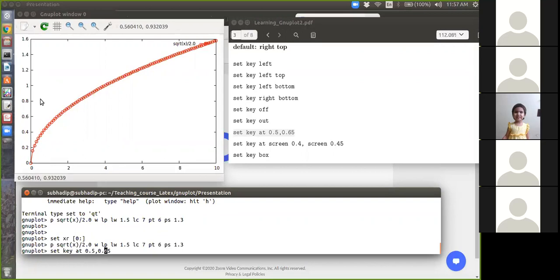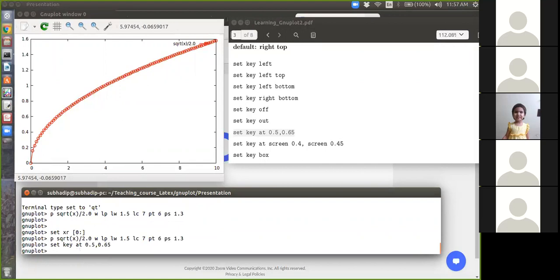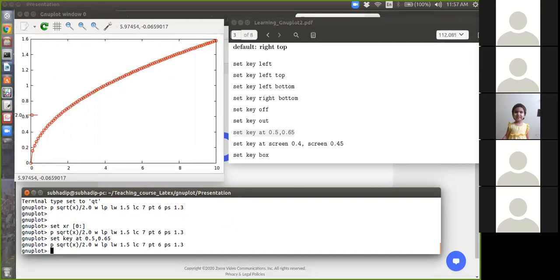So the coordinate may be here. Press enter with the x coordinate, then a comma, then the y coordinate. Now replot it. Yeah, the key is here.